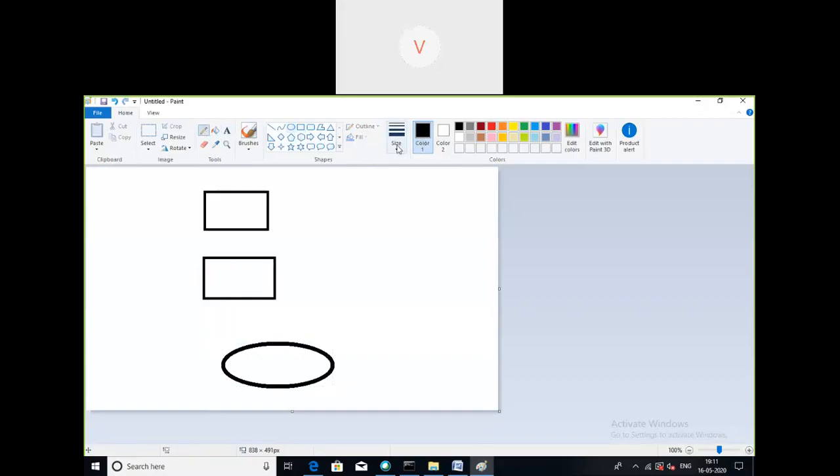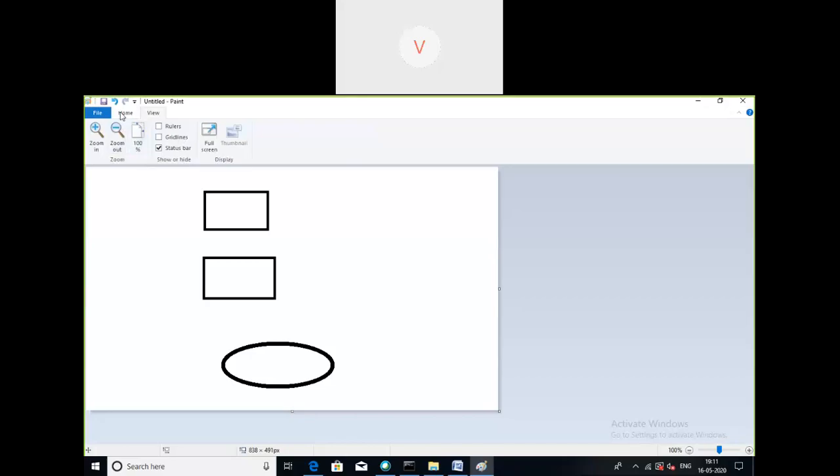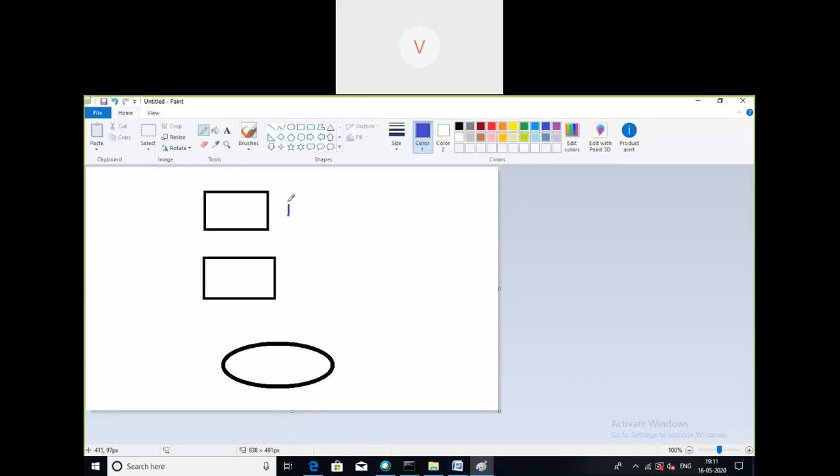Assume this is interface 1, this is interface 2, and this is a class. Interface 1 is having a method called M1, and interface 2 is also having a method called M2.